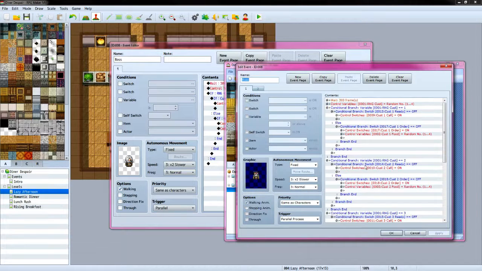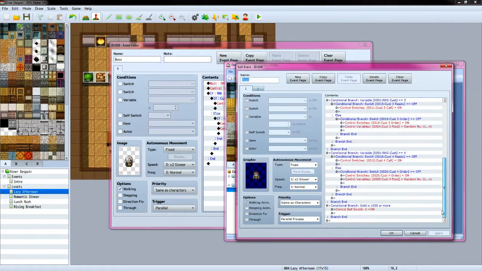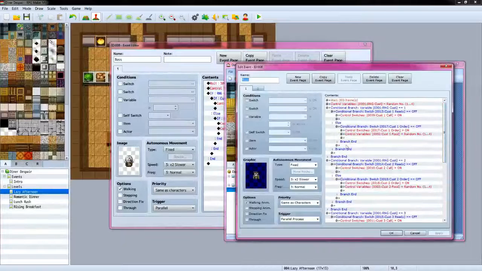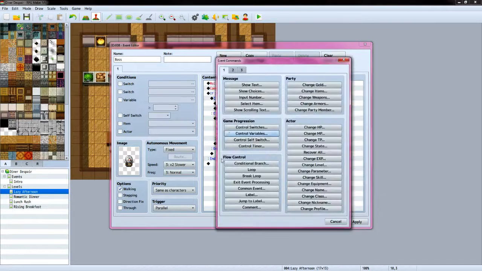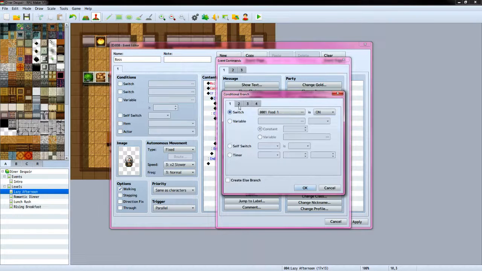Let's see if I can keep this straight, because actually, we want the conditional at the very end, don't we? Yes. So we're just going to create the conditional back here. Okay, new loop. And this time,